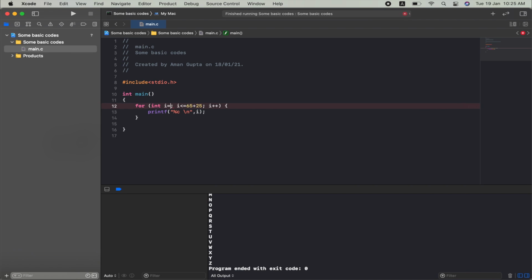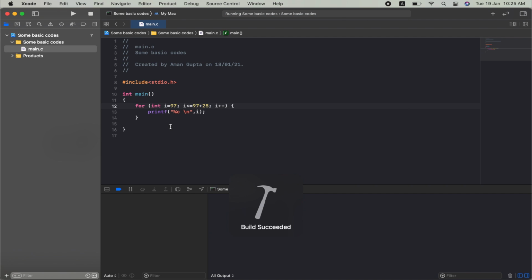As I have told you that the value starts from 97 onwards, so again we will introduce here 97, and 25 will be as it is, because for small a to z, our start is 97, so from b, c, d to z there will be 25 elements, so we have added 25. So everything will be as it is.